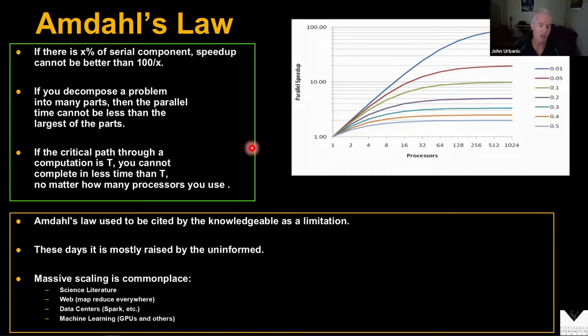Now, of course, people recognize that you can pick up any journal, any scientific paper, and find codes that are running on hundreds of thousands of cores, and virtually everything that's done in computational science anymore is run in parallel. So people are a little less inclined to just dismiss things up front because of Amdahl's law. But nevertheless, it still is a relevant phenomenon to be aware of, that if you don't port your code to parallel, the serial parts of it are going to catch up with you at some scale.